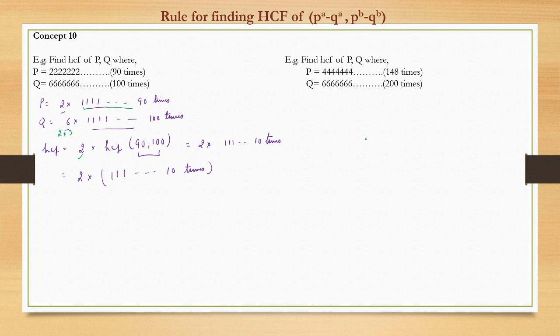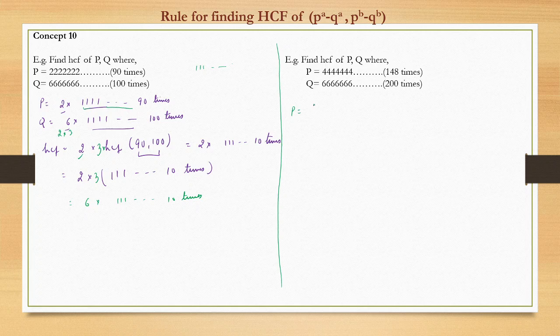But there is one multiple of 3 here. If 1 is written 90 times, we know every 3 ones is divisible by 3. So if it's 90 times, it's divisible by 3. So here also we have a factor of 3 hidden, and here 3 is here, right? So one additional factor 3 would be coming. So the answer would be 6 into 111 written 10 times. Now we'll see another example. These are very important concepts. You need to be very careful and diligent in attempting these questions.